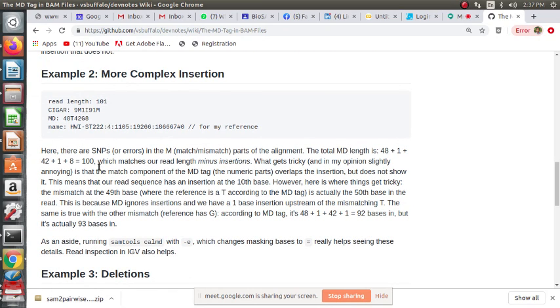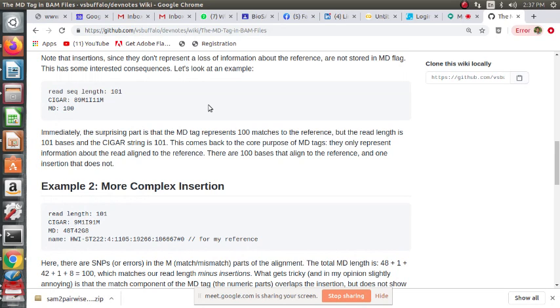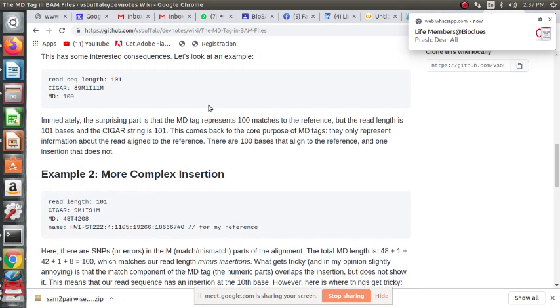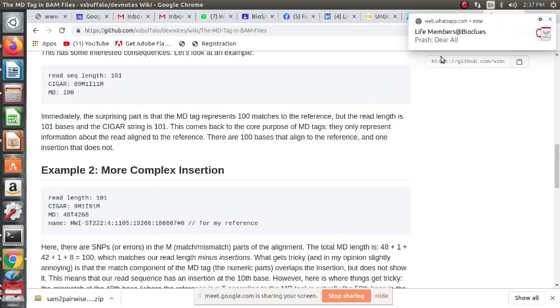So which matches our read length minus insertions. How can that be? So read length is 101 and there are 9 matches followed by 1 insertion and then 91 matches or mismatches. 9 plus 1 is going to be 10 and 10 plus 91 is going to be 101, so that matches with the read length. So we can always remember that the sum of the numbers in CIGAR is going to match the read length,